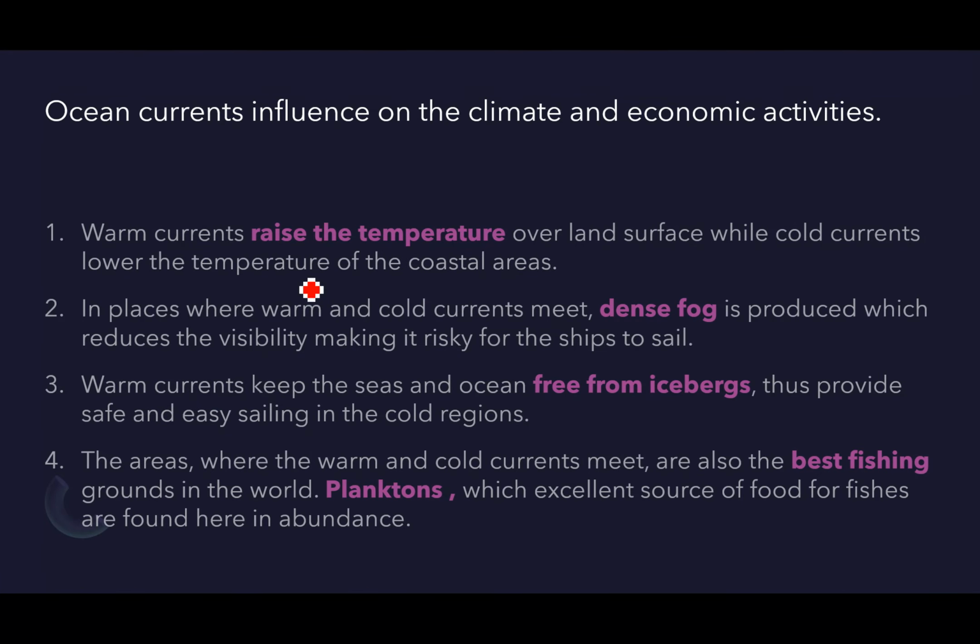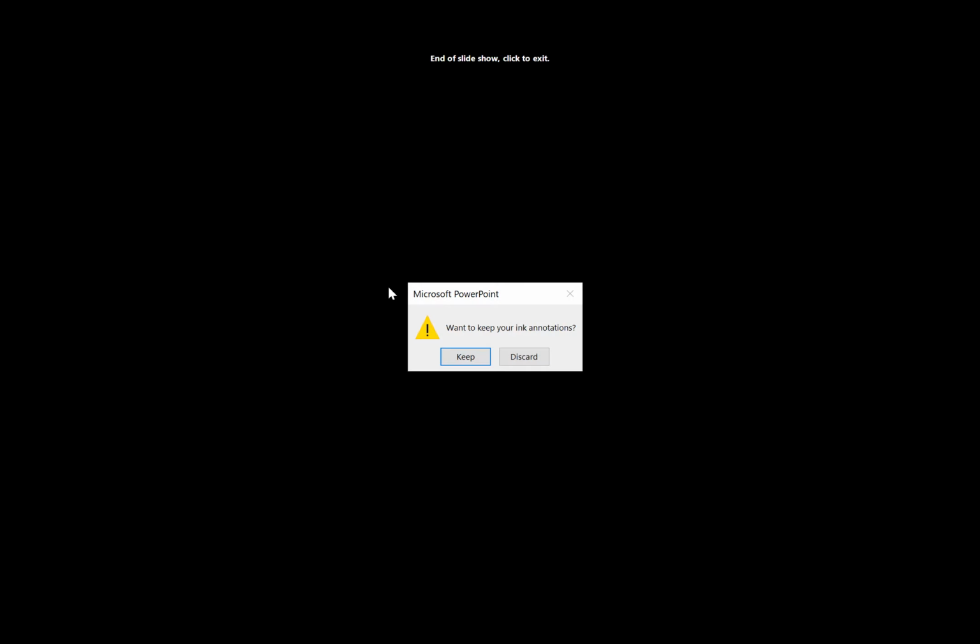Right now, what is their influence on the climate and the economic activities? See, once I told you that warm currents raise the temperature of the land surface, the heat, while the cold currents will lower the temperature of the coastal areas. Now, where these both currents meet, the warm and the cold currents,